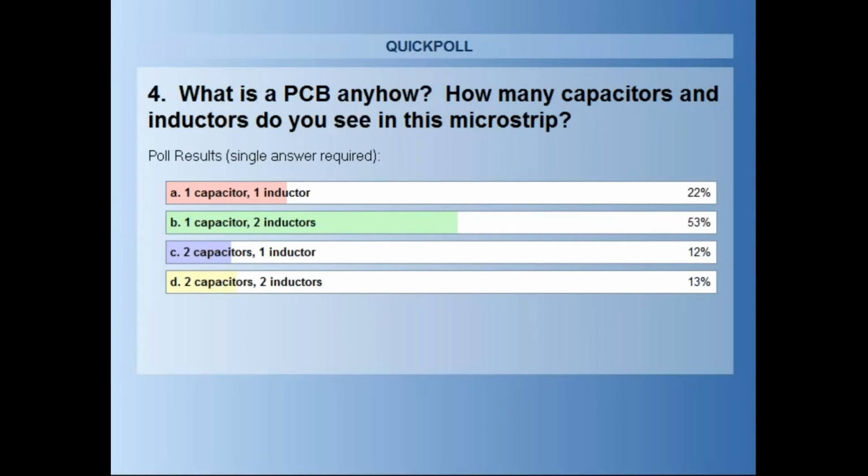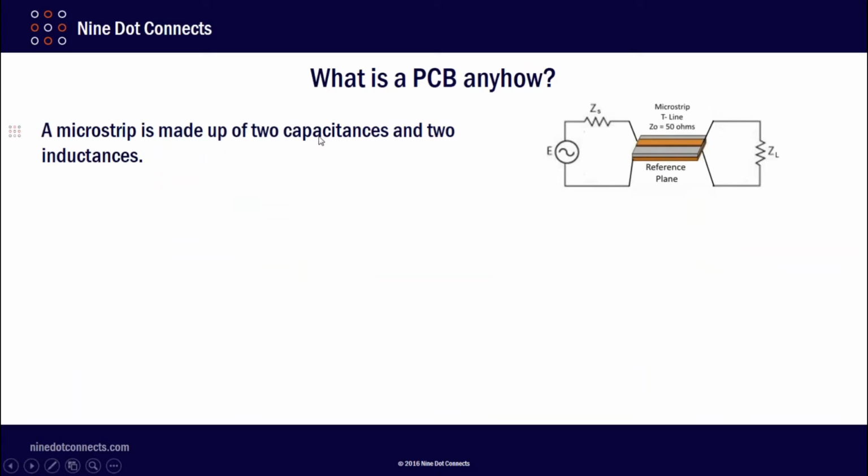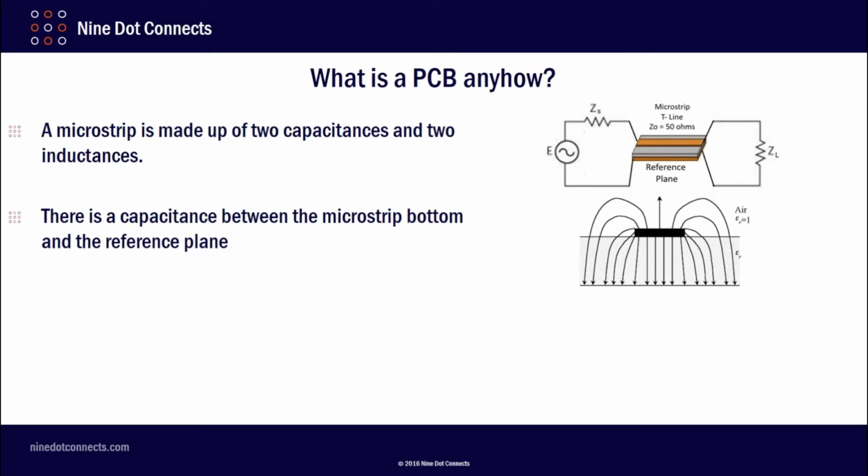Very interesting. So the majority of you think there's one capacitor and two inductors. Generally speaking, I can see where you might come up with that answer, but let me explain why, in my mind, I want you to understand that D is more accurately describing the proper answer. So when we look at a microstrip, it's actually made up of two capacitances and two inductances, and this is why. When we look at the microstrip, sitting here on top of my dielectric, separating it from the reference plane,